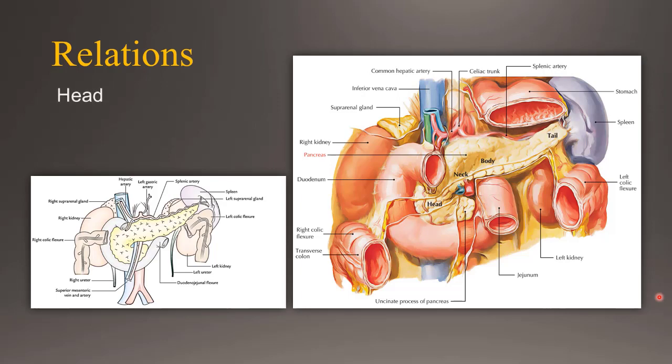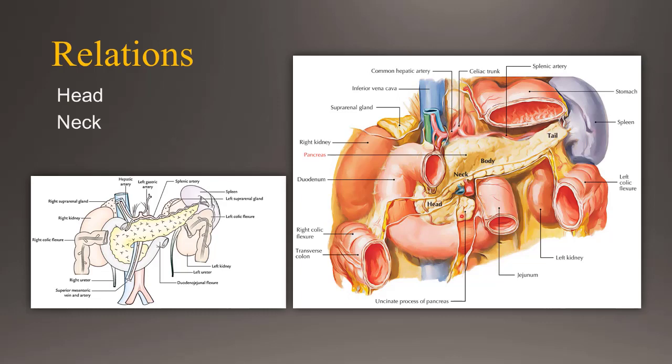Let us start with head of the pancreas. Head of the pancreas has three borders. The upper part is related to first part of the duodenum, right border to the second part, and inferior border to the second or third part of the duodenum. Anterior surface is related to the transverse mesocolon, and in the upper part it is related to pylorus of the stomach, and in the lower part it is related to coils of intestine. Posteriorly, head is related to inferior vena cava and bile duct, which are behind this part.